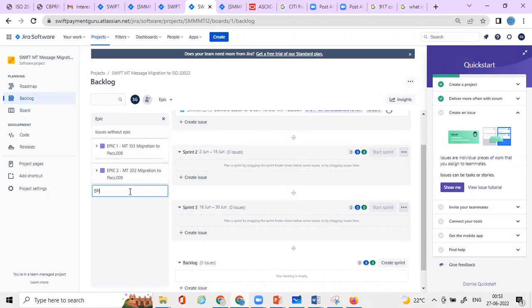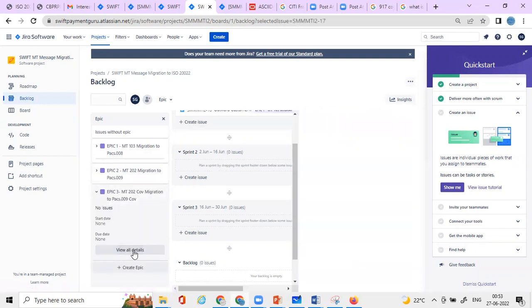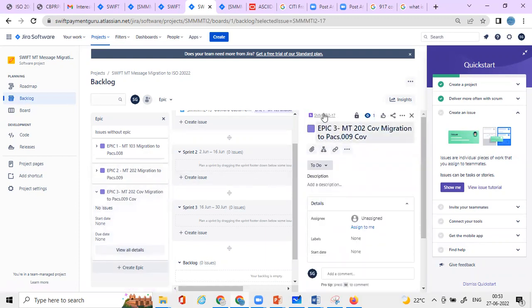For example, epic 3: MT202 cover migration to PAX 009 cover. So this you can write as a first epic. Right. So under that, if you create here, view all details. So under that, if you create here,